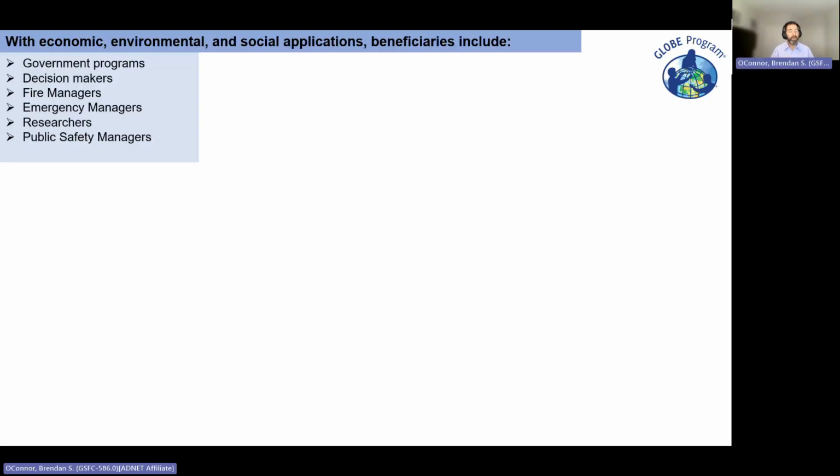We have a huge number of examples of end users, and Elizabeth mentioned a number of the different data streams that are available to the wider meteorological community. So whether you're a decision maker in a local community or public safety manager, or you work for federal government programs or international programs, all of these different data streams serve to facilitate you being able to answer questions. And I kind of look at this like a tributary.